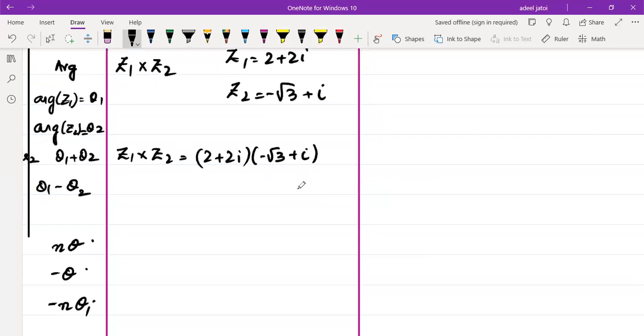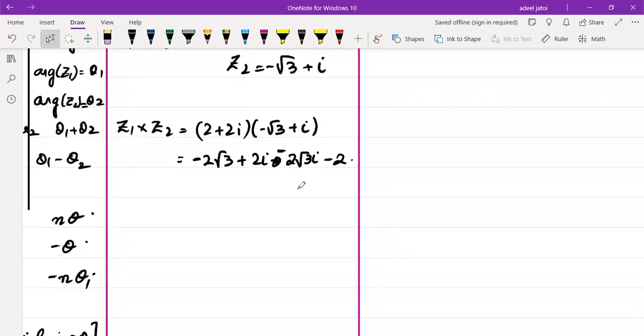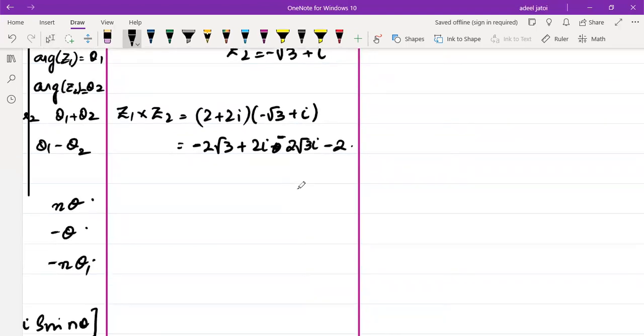If we solve this together, this will be minus 2 under root 3 plus 2 iota, plus minus 2 under root 3 iota, minus, this should be iota square, so this should be -2. The end result that we will have for Z1 into Z2 will be